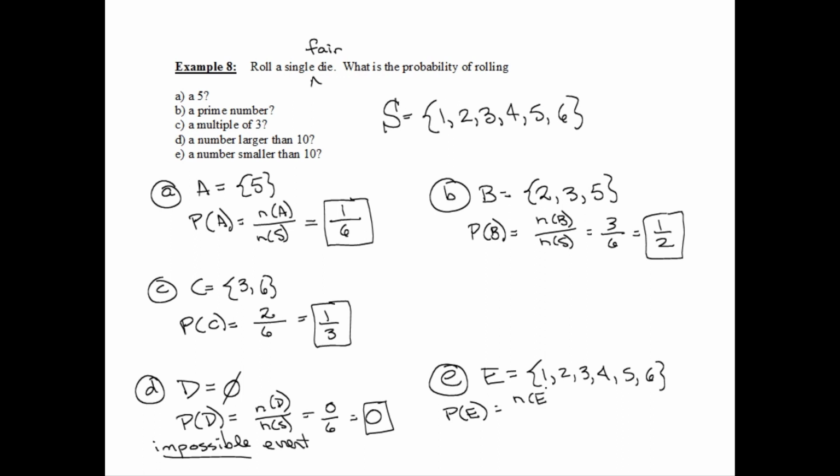Well, we take the number in our event divided by the number in the sample space. 6 in our event divided by 6 in the sample space, which gives us a probability of 1. This is what we call a certain event. Without a doubt, when we roll that single standard die, we are going to get a number that is smaller than